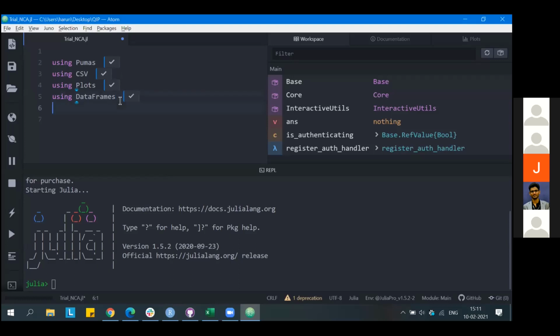Is everyone able to call in the packages at least till this point? Can someone confirm if there are still issues with the package itself?